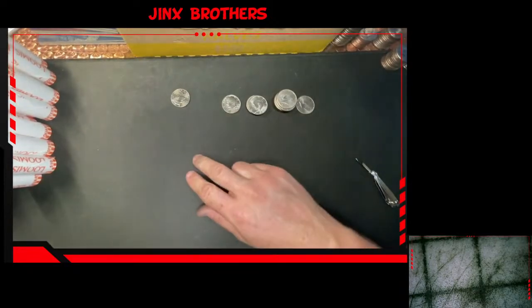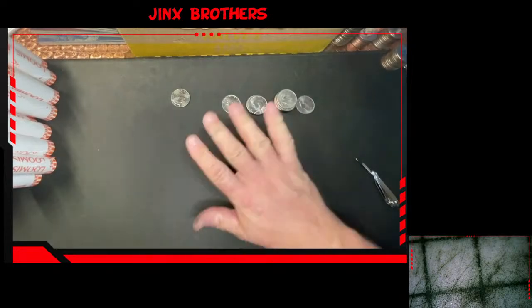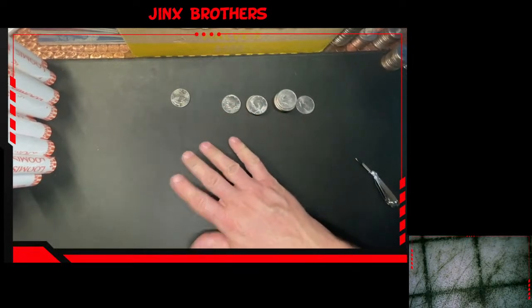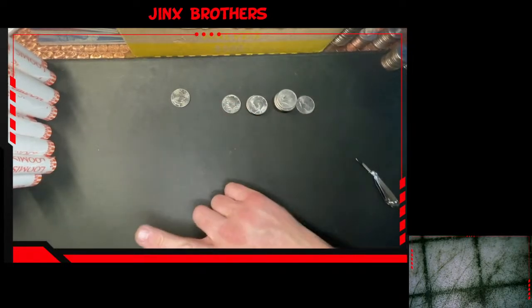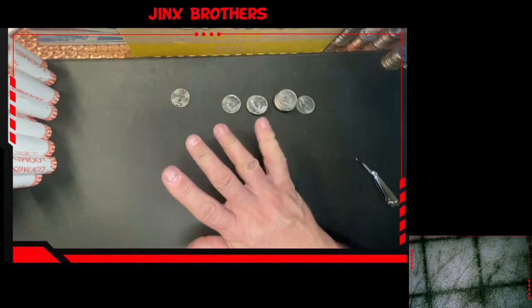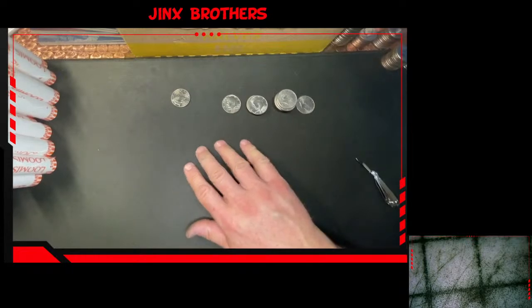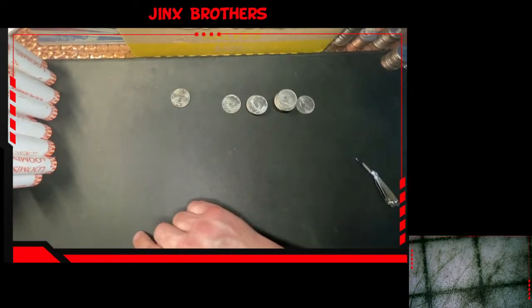Those 2 boxes of Tallgrass Prairie, I had 4,000 Tallgrass Prairie. There wasn't anything but a 2020-P in those boxes. This box, every roll that I've opened has about 3 dated or state quarters or something random in each roll, where I'm getting a couple per roll, and a couple of them were enders. I had 3 enders that were,